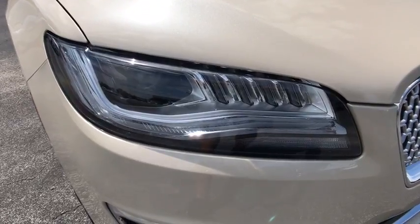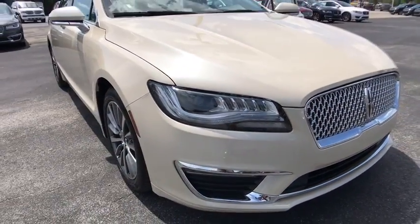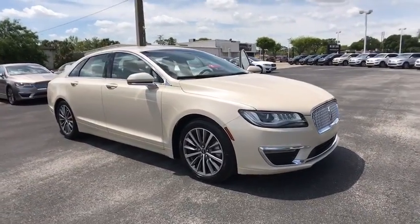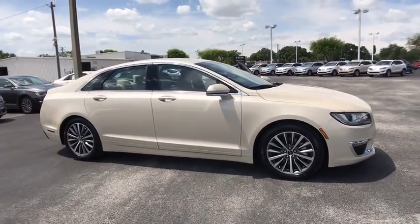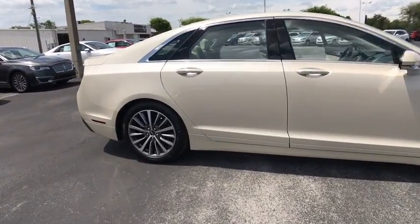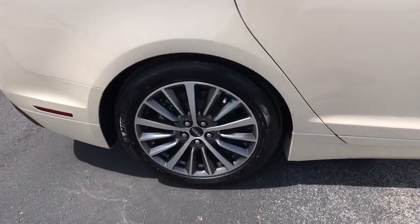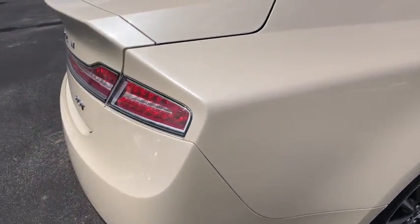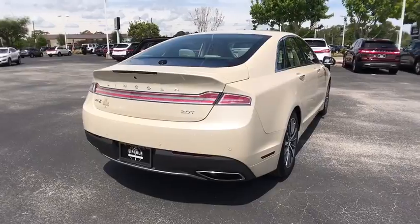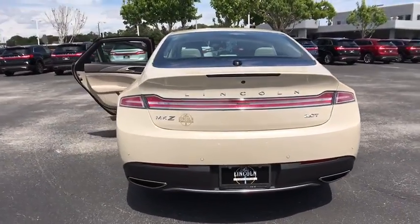The 2018 Lincoln MKZ. With sharp angles, sleek lines, and a sculpted body, the Lincoln MKZ has an impressive stance and a dynamic design. Add that to the clean, modern interior with standard features, including rich leather, exotic wood, and a sophisticated assistant that responds to the sound of your voice, and you'll see the MKZ offers a new dimension